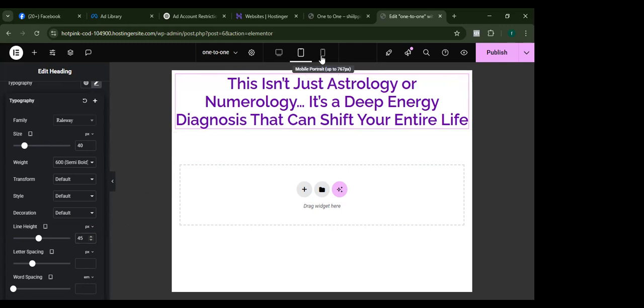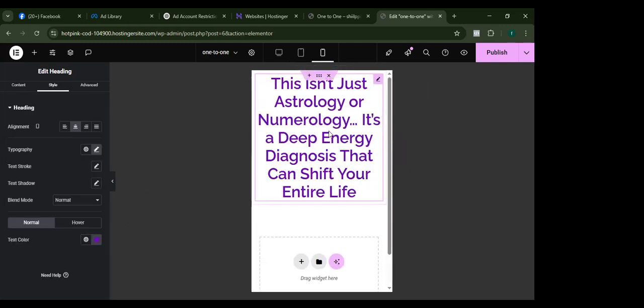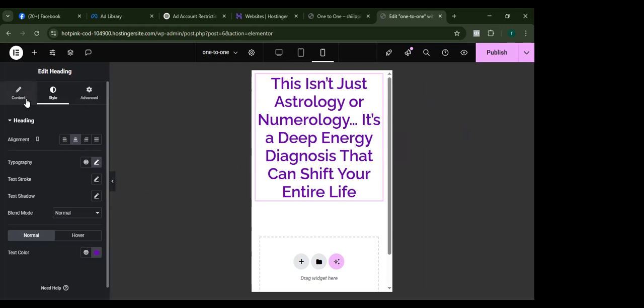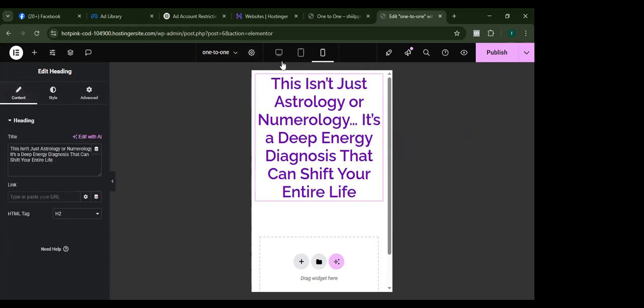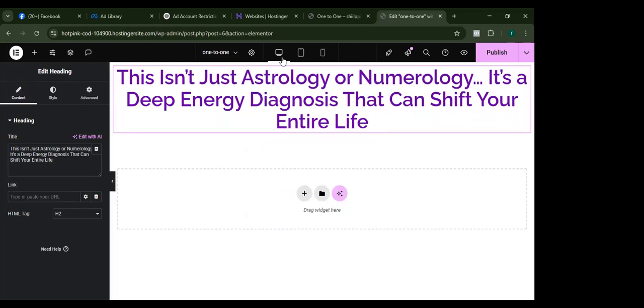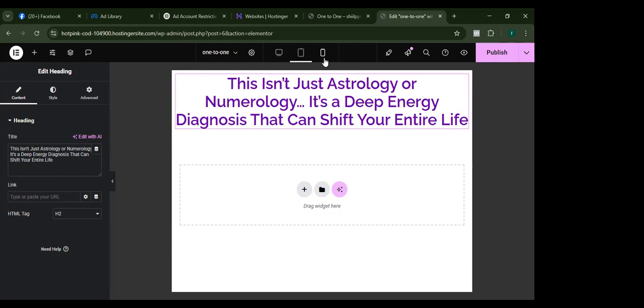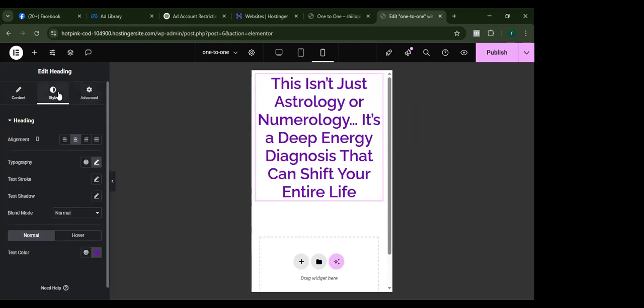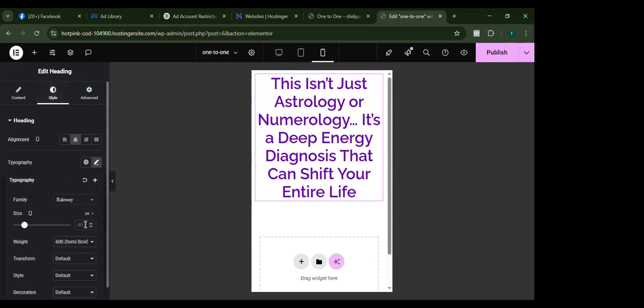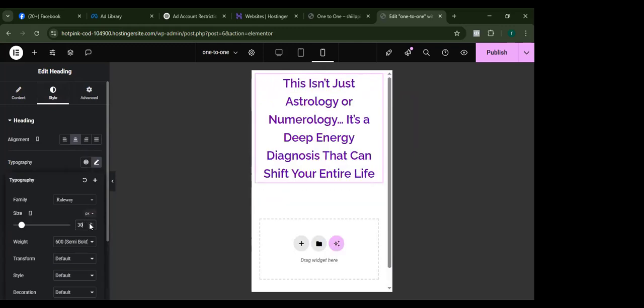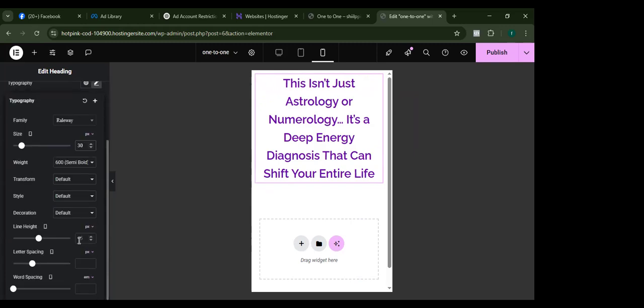Okay. Now you have to go for the mobile view. In mobile view, it is so big. So we can make it 30. So always a 10 pixel gap within these three views. If the landing page font is 50, the tab font should be 40, and the mobile font should be 30. Always remember that. Okay, 10 pixel gap. Then this is 30 and line height